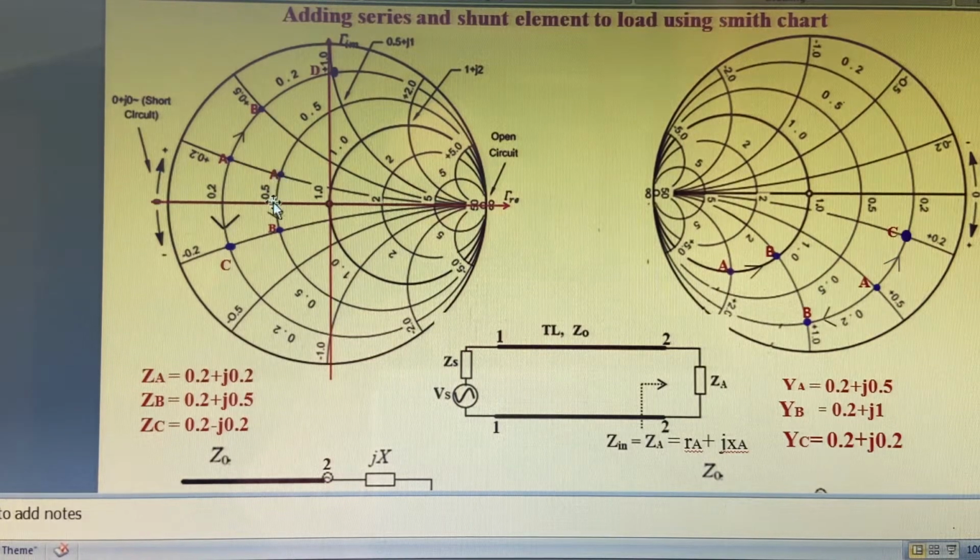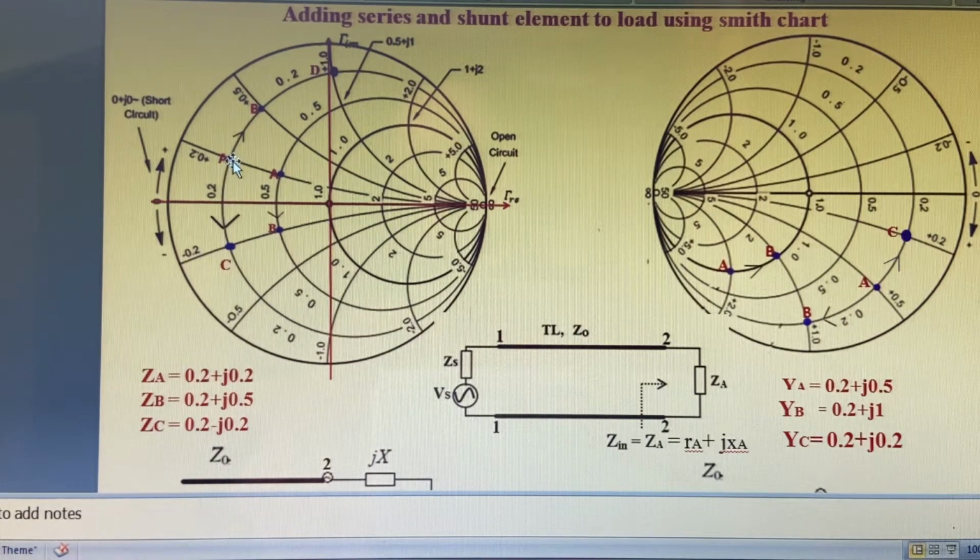From here, on the resistance circle, we are moving to point B in the anti-clockwise direction. So the reactance has now decreased. Initially it is 0.2, now it is equal to minus 0.2. So the reactance reduces. That means we are adding a capacitor in series with the existing impedance. So moving on resistance circles, it may be over any resistance circle, adds a series element along with the existing impedance. It may be an inductor or capacitor based on the direction in which we are moving from the existing impedance.